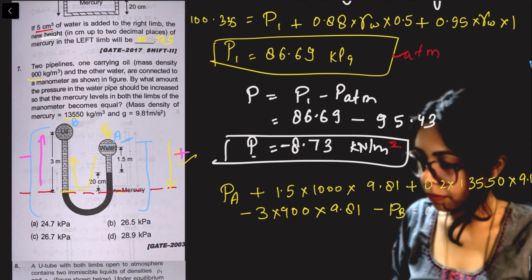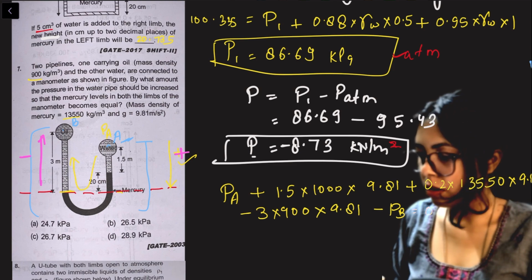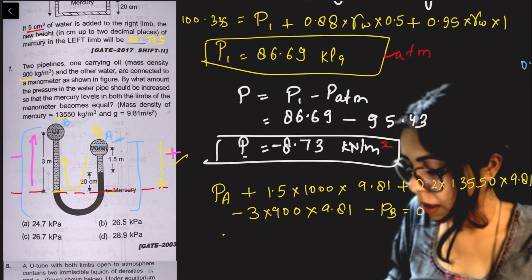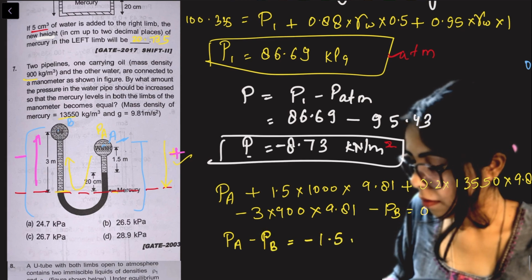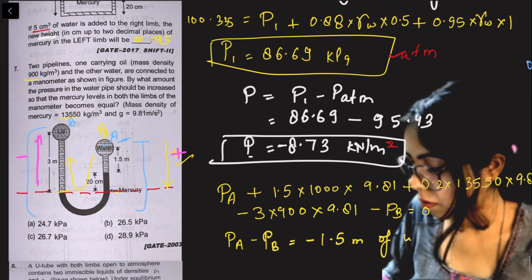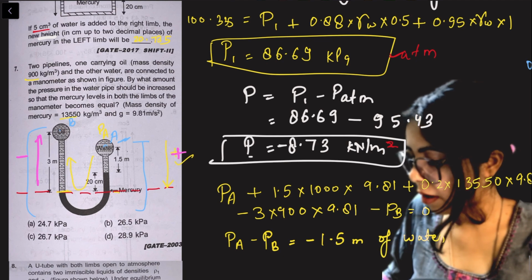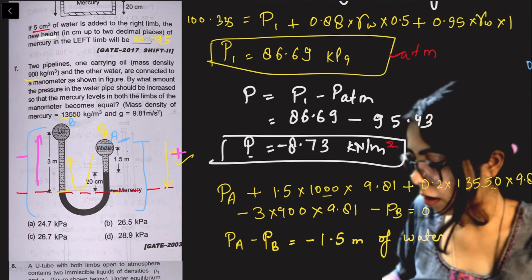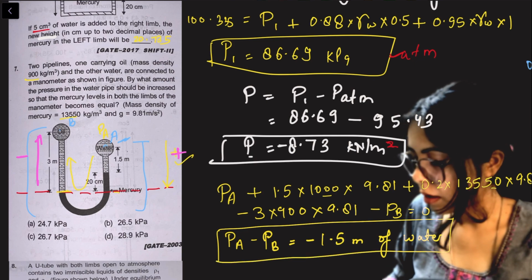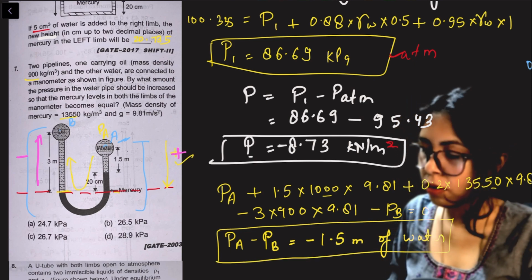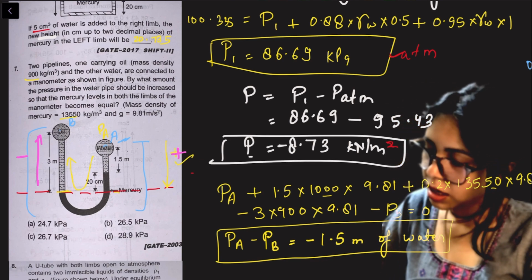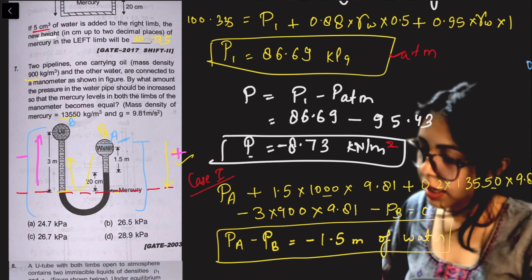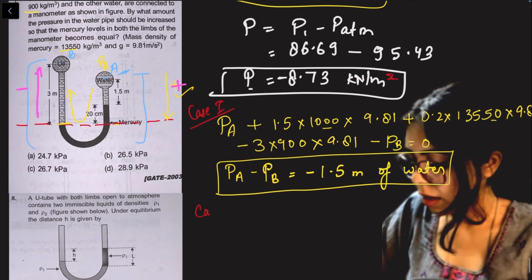Now in any manometer, if I calculate this PA minus PB, this comes as minus 1.5 meter of water. So everything we have changed in terms of water because we have multiplied everywhere with the density of water. So this is minus 1.5 meter of water it came. Let's say this is case 1, and in the second case what was happening,